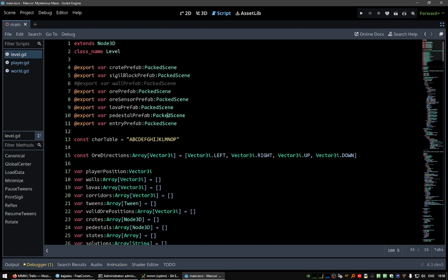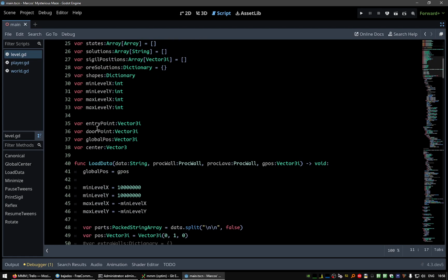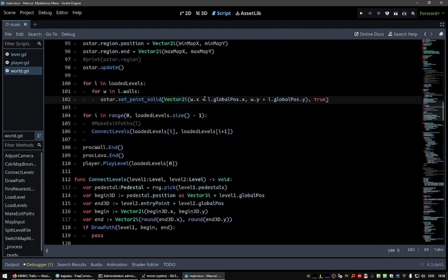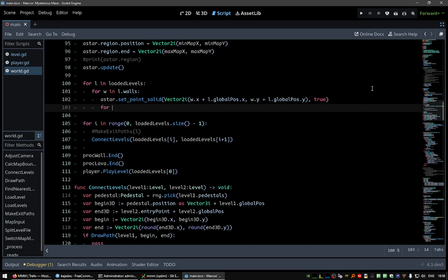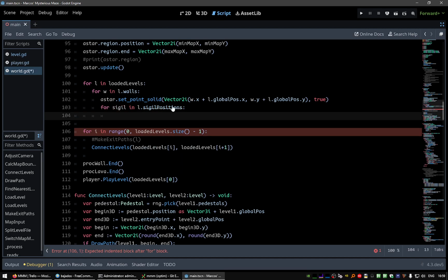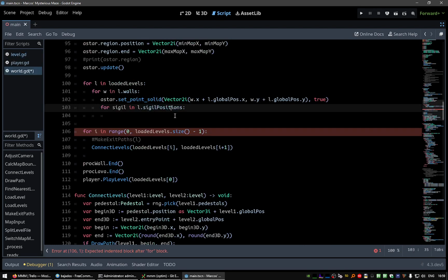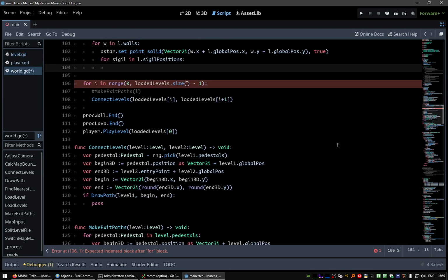We have the exit. We have the sigils. So for sigil positions, it's an array of Vector3i, and they are local positions. Okay, so